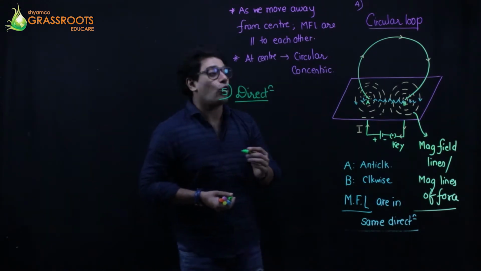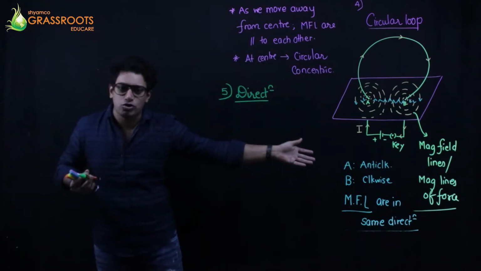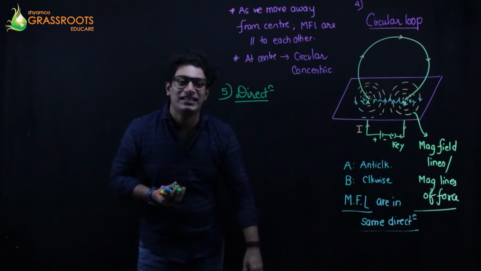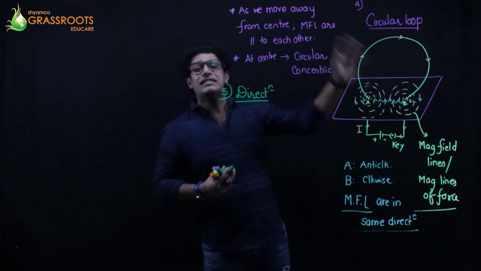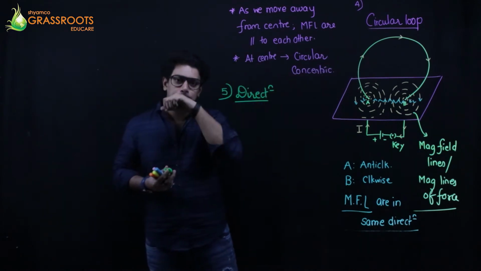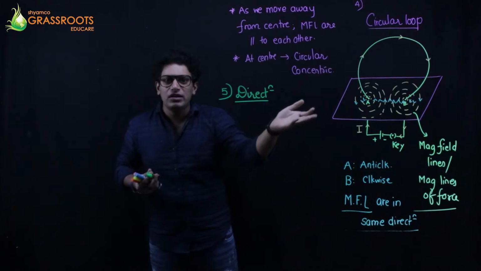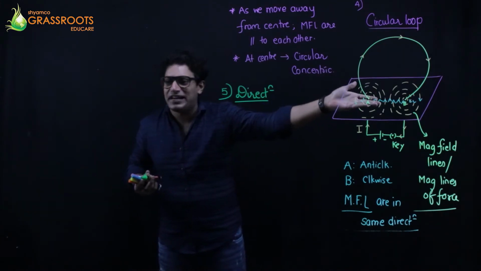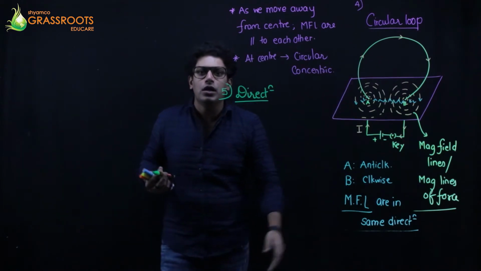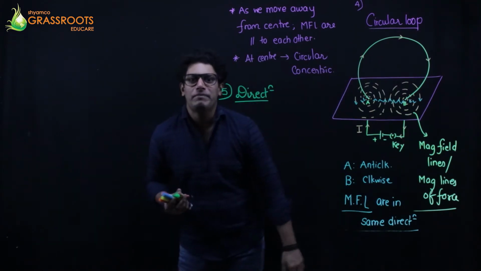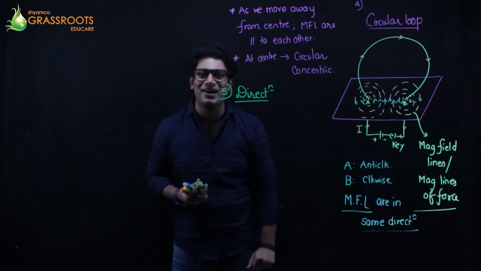So can I say that obviously, since there is a magnetic field, there is naturally a polarity. There has to be a north pole, there has to be a south pole, because this arrangement, this system acts as a magnet. This system behaves like a magnet, because obviously there is a magnetic field, so we can say there has to be a north pole and a south pole. How do we make out which is north and which is south? How will we find out?